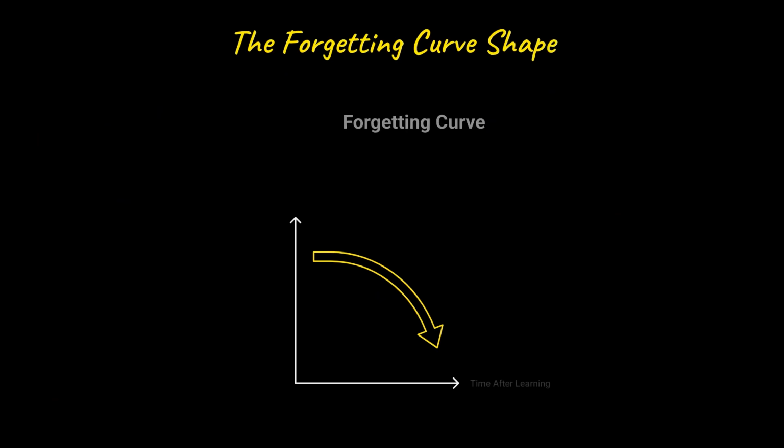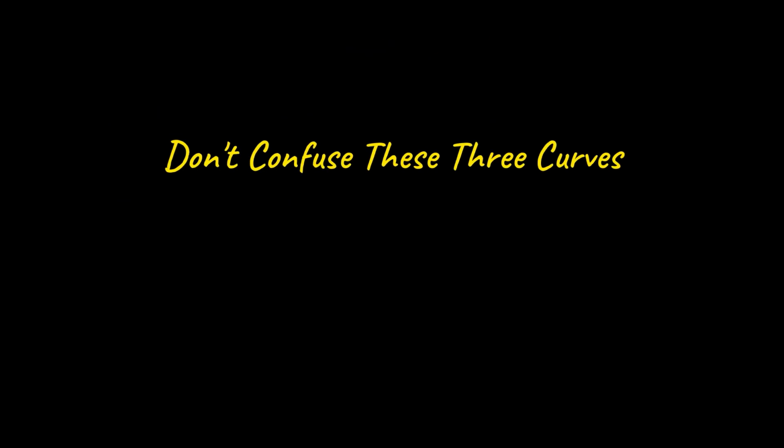The curve has a characteristic shape, a sharp plunge in the first few hours, when memory traces are most vulnerable to disruption, followed by a long, slow decline. Most forgetting happens before the first day is over. The forgetting curve is often confused with two other concepts: The serial position curve plots recall by list position, showing